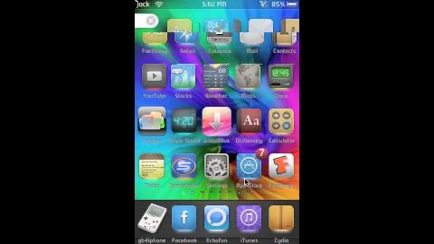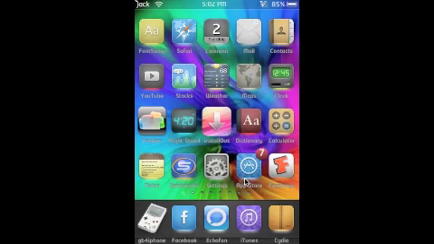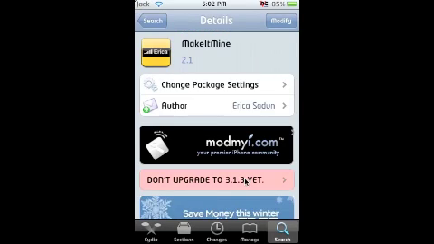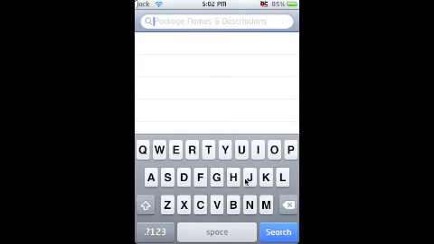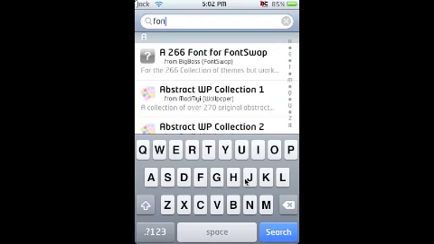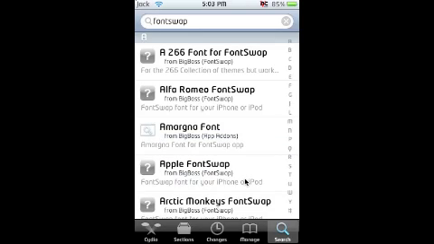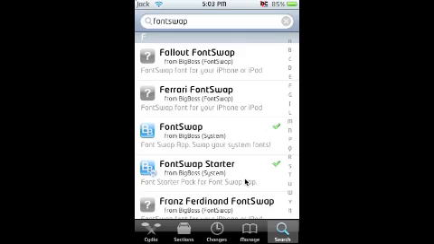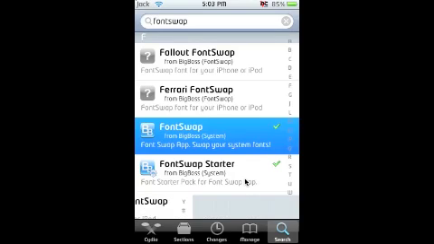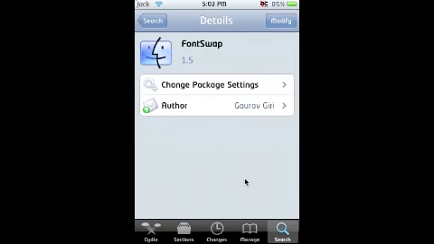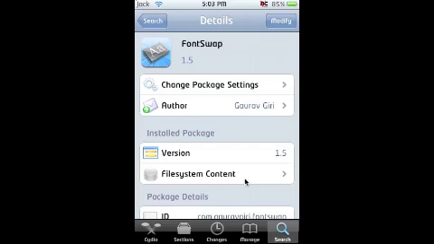Okay, so in this part of the video I'm going to show you how to change your fonts using font swap, which is right there for me. So what you want to do is open up Cydia. I'm going to go back here, and you're going to want to search font swap. You can already see there's a few packs there for you to download. You want to go into F. You see here is font swap from Big Boss, and this is the main one you're going to want to download. This is the real app for it. So you're going to want to download that,